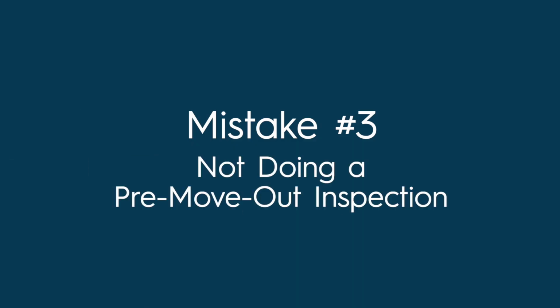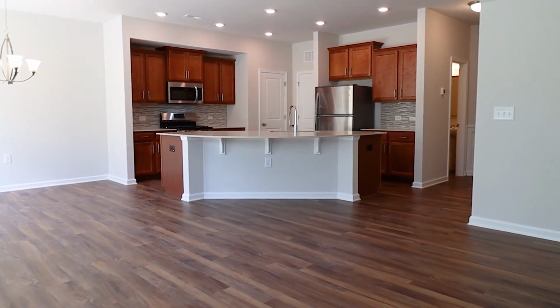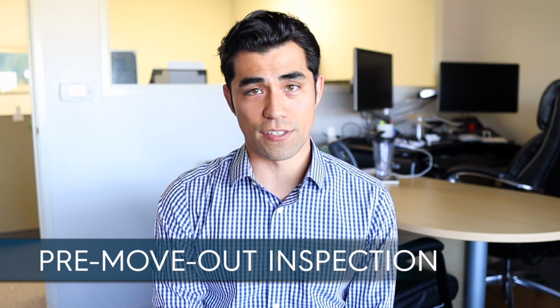Mistake number 3, not doing a pre-move-out inspection. When landlords think about the move-out process, they tend to think only of the final move-out inspection that is conducted once the tenant has completely moved out. However, once a tenant gives you their 30-day notice, you should really consider doing a pre-move-out inspection with them as well. This inspection should be done a week or 2 before the final move-out date, so that you have enough time to address any issues with them